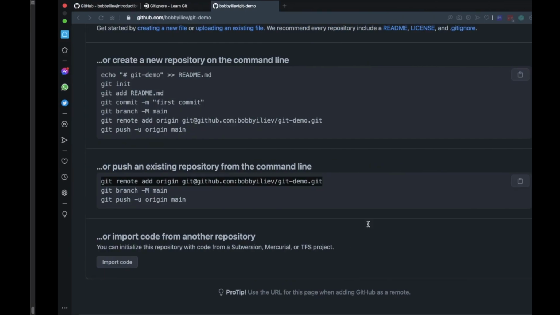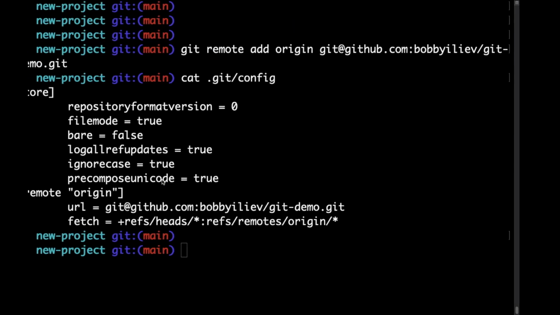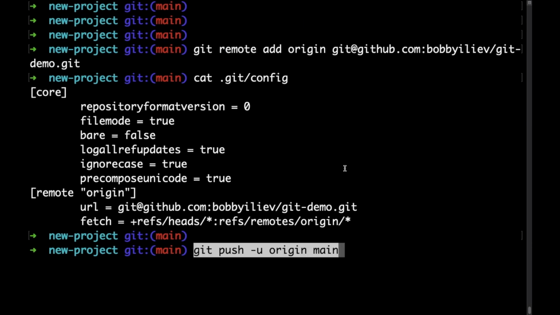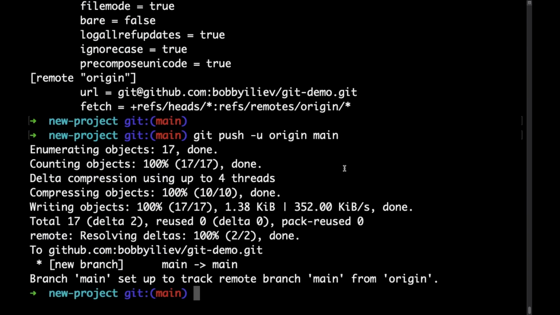Now, if we go back, here they're showing us how to rename the current branch. As we already are using main, we don't need to run that. And then with this command here, we can actually push our local repository to our GitHub repository. So if I run this, as I already have an SSH key, I didn't have to type my credentials,